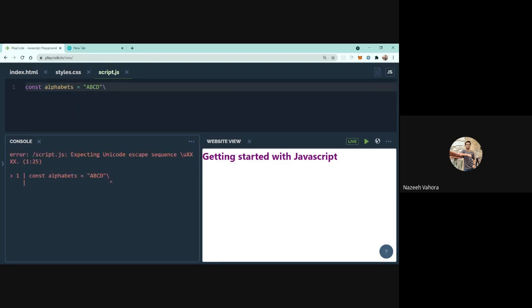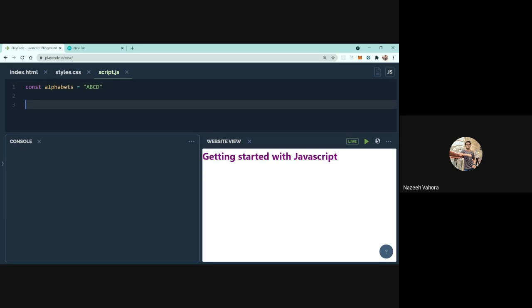For example, if I want to get these two alphabets from this whole thing, then we can use the dot slice method, which comes with the string variable.